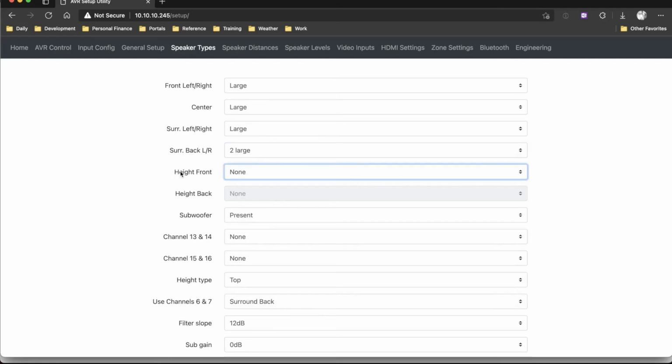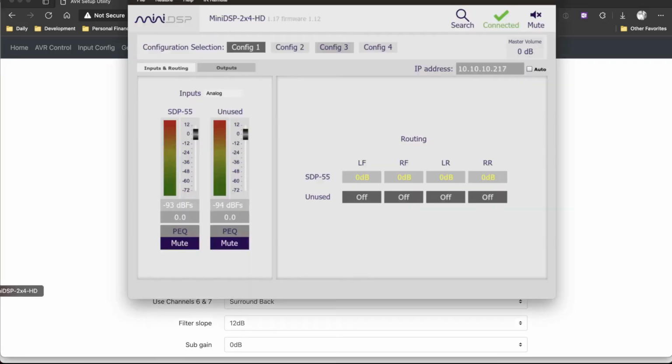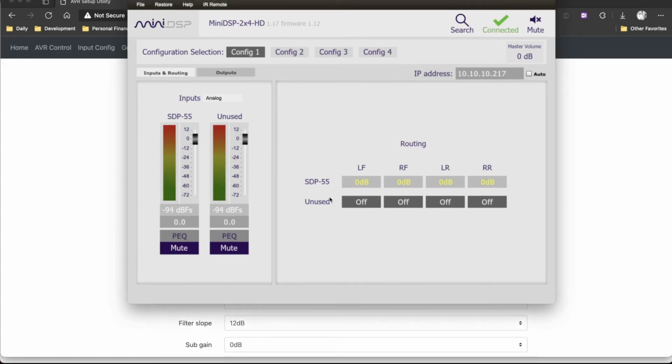The last thing that we need to do is, if we're currently using a miniDSP that might have some configs on it, we need to make sure we get our configs out of our miniDSP as well. So I've already got the miniDSP plugin. I hate that they call it plugin. I want to call it the client software, but it is what it is. So I've already got the miniDSP plugin loaded here, and you can see that it's connected to my miniDSP. So the easiest way to do this is probably to just do a